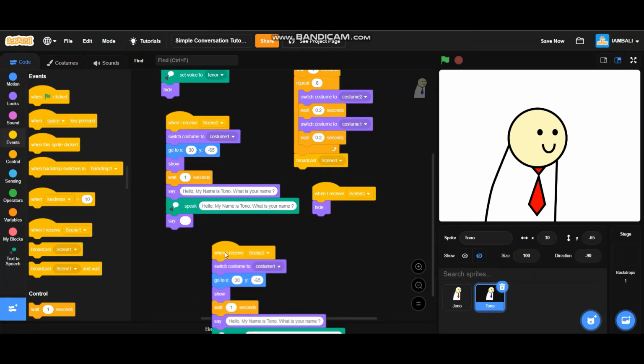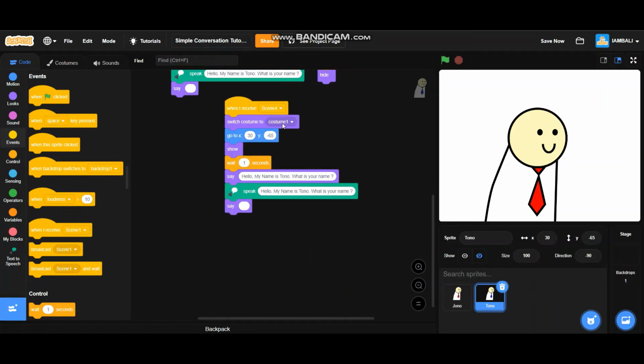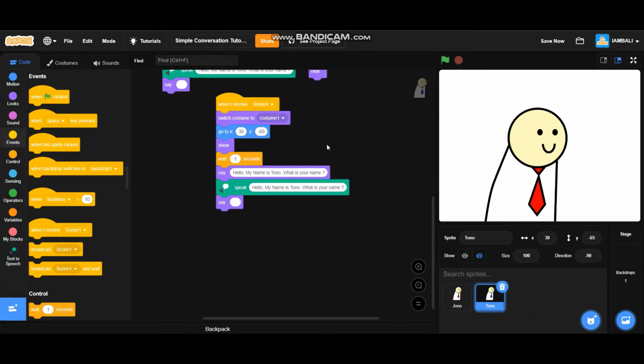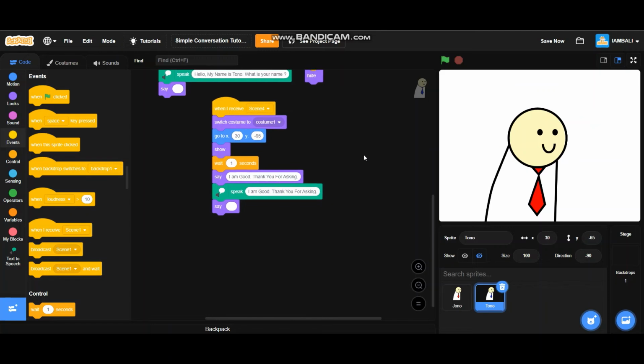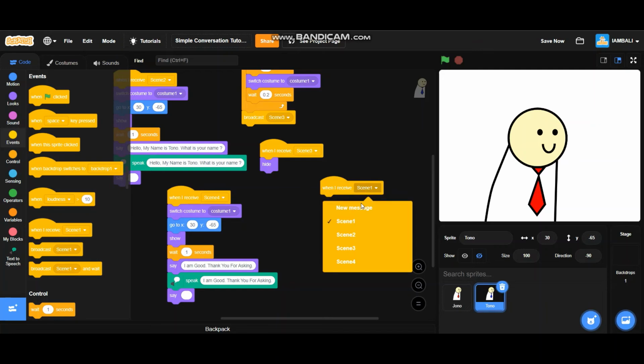When Tono receives scene 4, it will switch costume to costume 1, and go to X 30 and Y -65. So he's going to say, I am good. Thank you for asking. Okay, I'm just going to copy this, Ctrl C and Ctrl V it here, like that. Okay, now when I receive scene 4,